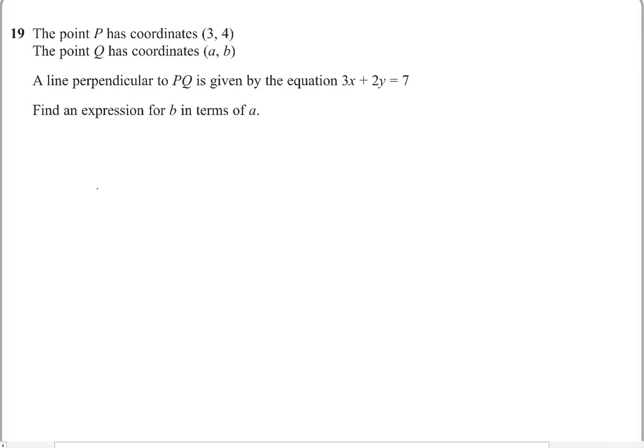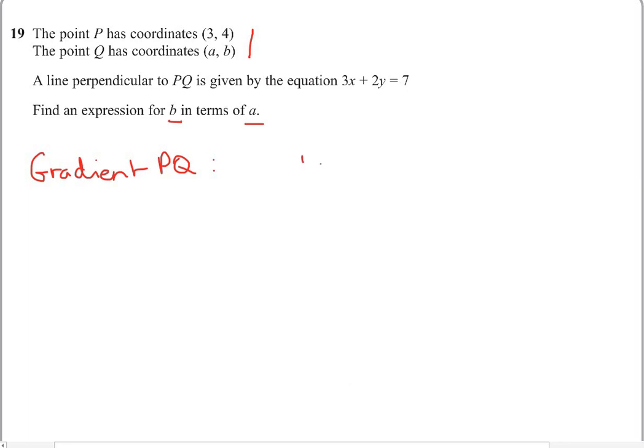Okay, question 19. The point P has coordinates (3, 4). The point Q has coordinates (a, b). A line perpendicular to PQ is given by the equation 3x plus 2y equals 7. Find an expression for b in terms of a. So, let's first find the gradient of PQ using these 2 points. So remember, I'll just write down what we're finding. Gradient of PQ,